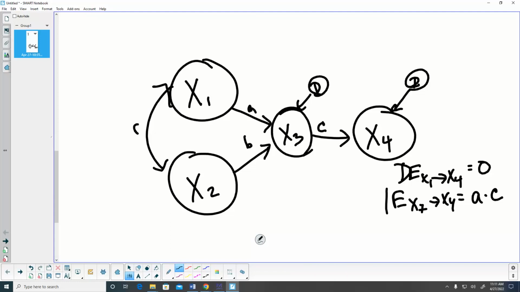But that doesn't mean the model implied correlation of X1 on X4 is 0, right? And we know that because we know that the indirect effect of X1 on X4 is A times C. But that also is the effect of X1 on X4 via this mediator X3, right? But it isn't necessarily the same as the model implied correlation,